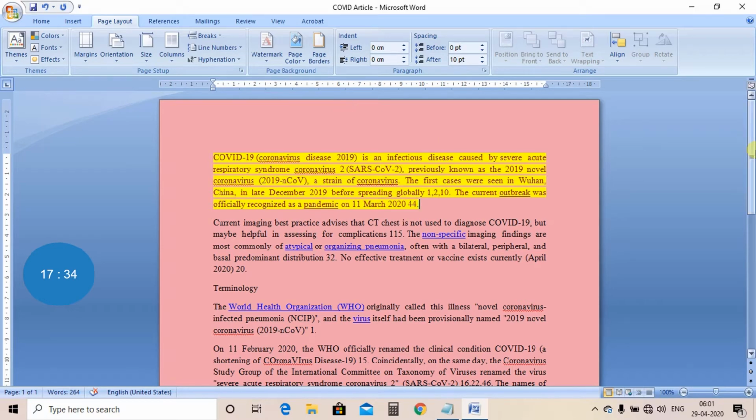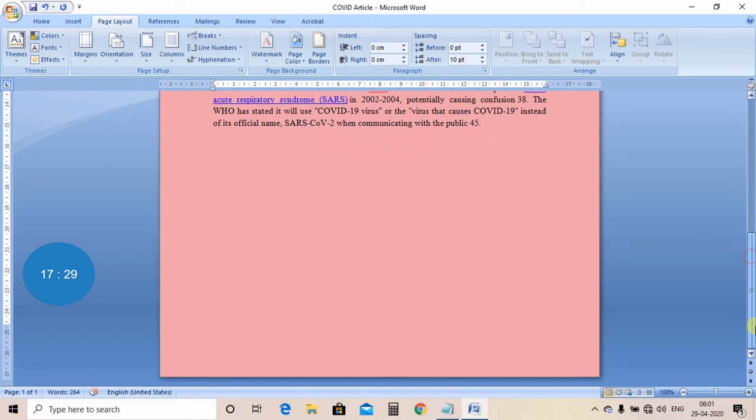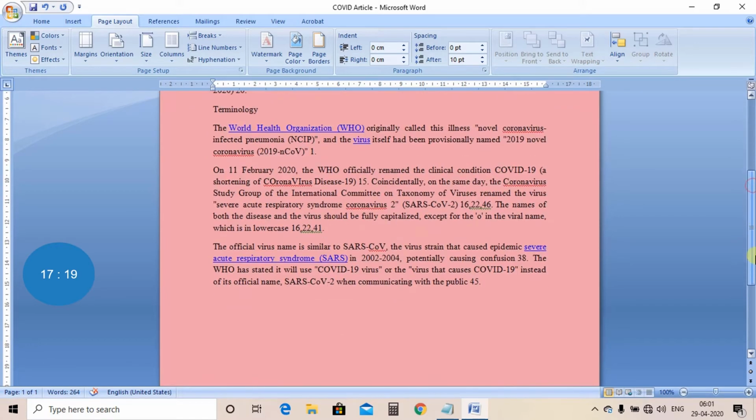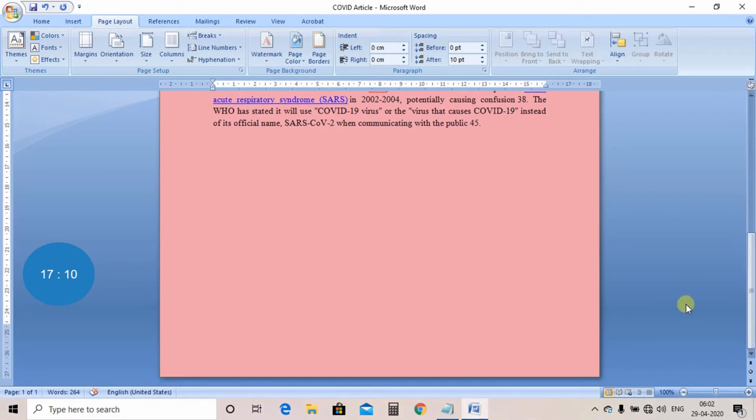If you have selected a color, it will be displayed on every page, not on a single page, but this will come on every page. As our document is of only a single page, so it is reflecting on one page only. But as we will increase the text part, we keep on typing and we will move to the next page, second page, the page automatically comes with the same color.